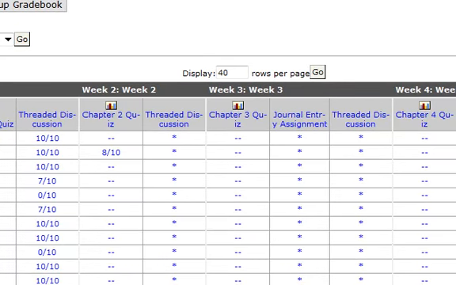This display option right here, it says display 40 rows per page. That's how many students you have on the left side. Clearly I don't have 40 students in this class, so it's just showing everybody that I have. And I can't imagine that you would have more than 40 students in a class, but if you have 50, you can enter 50 into this text box and click the Go button, and it'll show everybody on the same